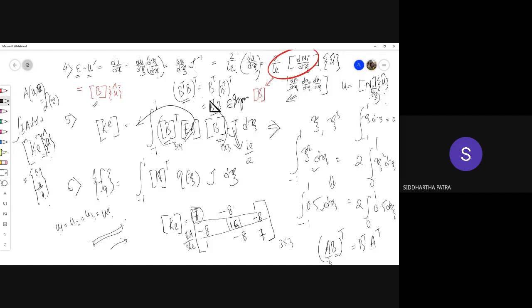So that's how I know that some of these entries are 7 and some of these are 1, and this -8 will cancel them out. Okay, but I just remembered that way, but you should check the derivation. I believe that would also be in the notes, so it's not a big deal. If you cannot derive it, you can check over there. Then try to derive on your own and see if you can get the correct result.